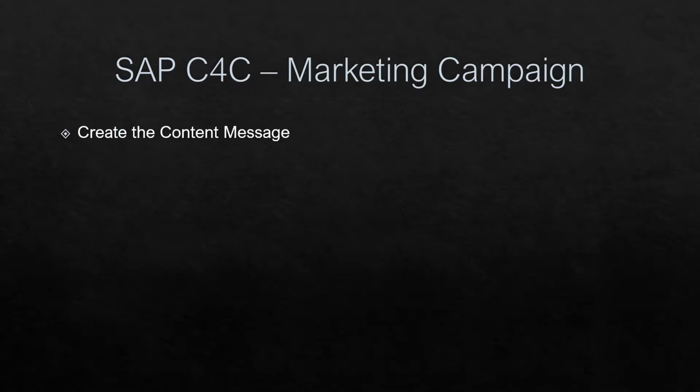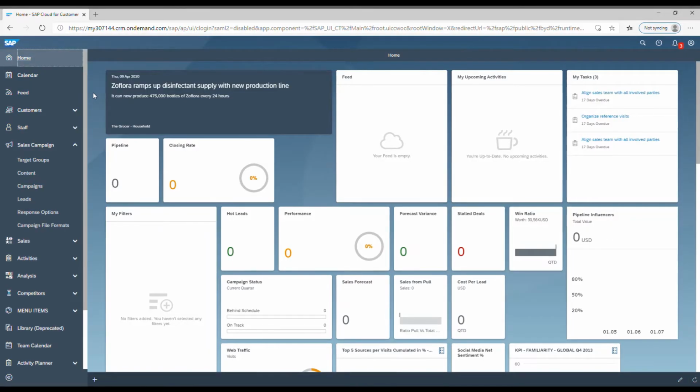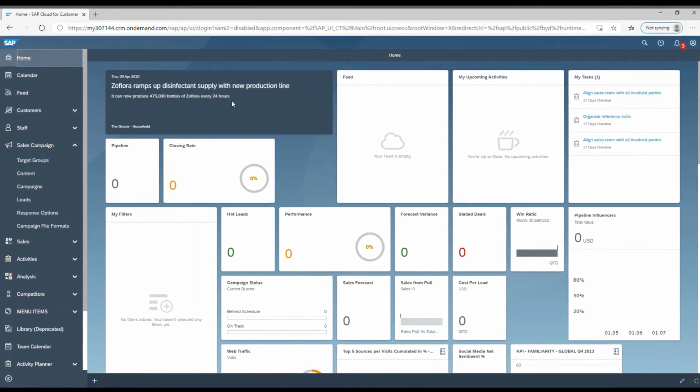To begin a digital campaign, let's get the messaging right. An email campaign would require an email template.